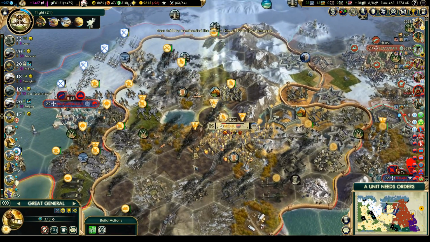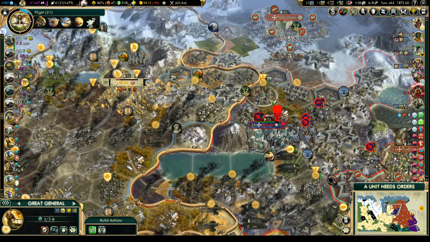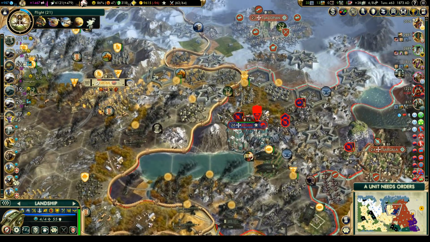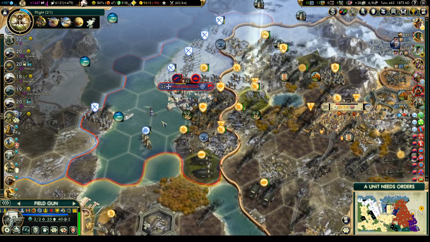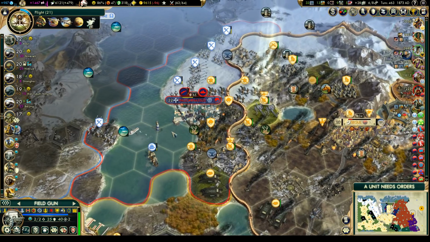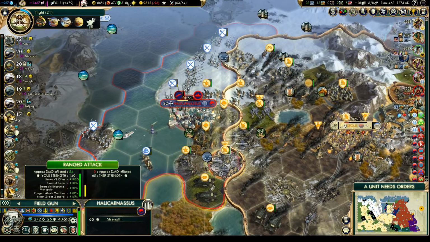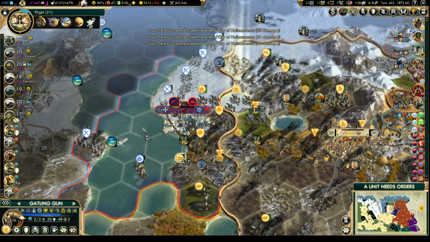Okay, 45. Now we need that general. I have to be careful, make sure that Greece doesn't take the city. I mean, it wouldn't be the end of the world, but I don't want Greece to get more cities, because the more cities they get, the more difficult it would be to outgrow them and take away their ability to ask for independence. 2, 3...